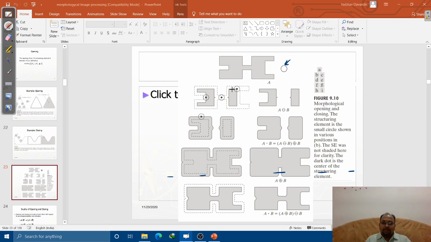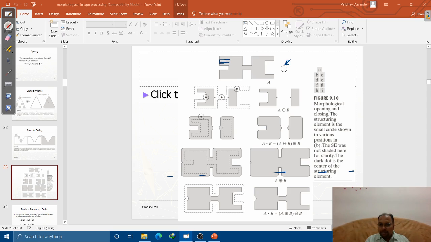Whenever we perform the opening operation first, this area is clipped out. That means a thinning operation has been performed. This image was there, and once I perform the operation, this area and this area